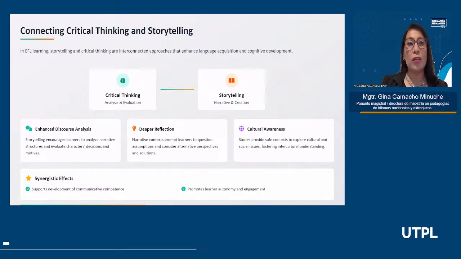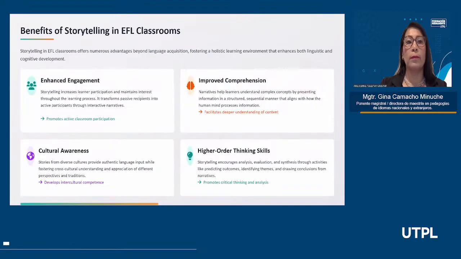And you can create a story considering every single topic you are going to teach them. You can, as the warm-up activity, introduce a story with the topic you are going to teach them. And you are going to see that they are going to feel engaged and hooked into the lesson you are going to teach them.